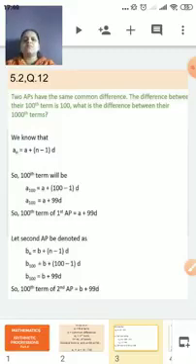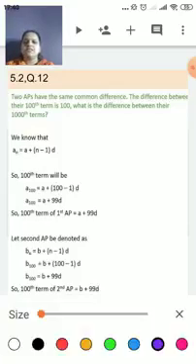And what is the difference between the 1000th terms? That means we have to find the 1000th term for the first sequence, call it a1000, and for the second, b1000, and we want to find the difference between them. Let us see how to find it. Again the formula will remain the same: an equals a plus (n minus 1) into d.